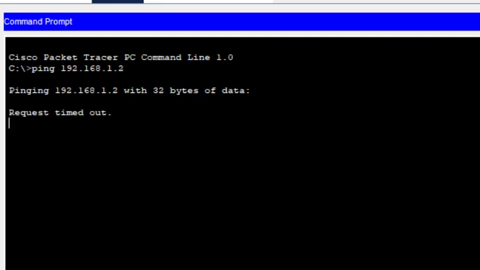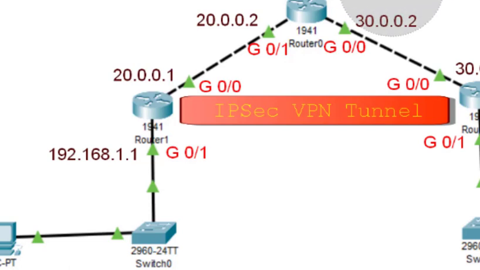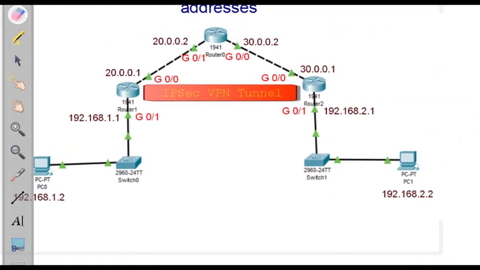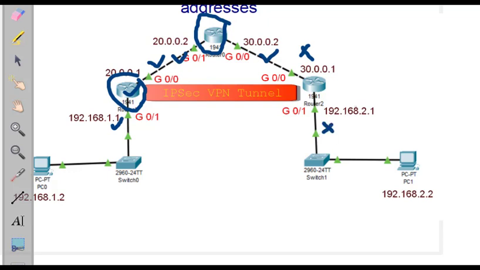Now this ping fails because we have not set the IP route from that particular router. So here the trouble is this router only knows about these two networks, and this only knows about these two networks. So this particular router has no information about this route and this route, and therefore